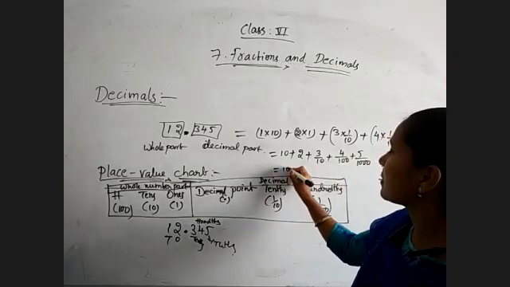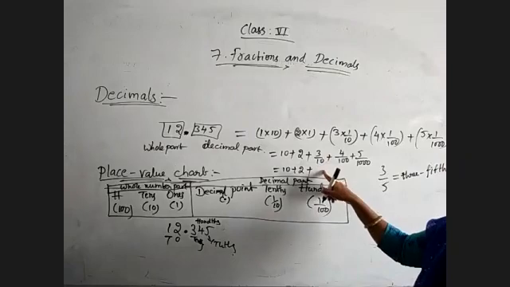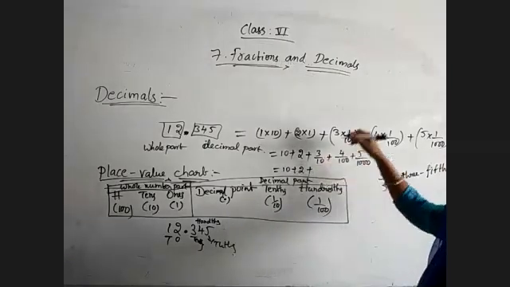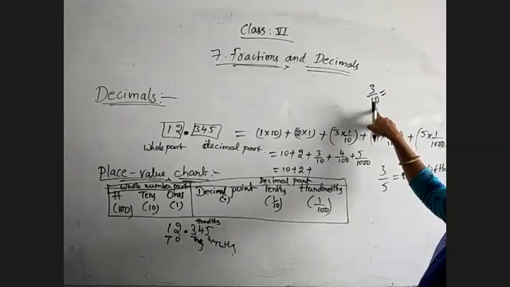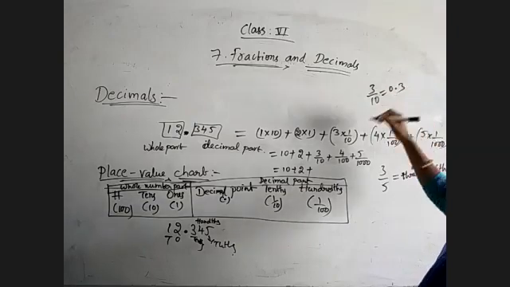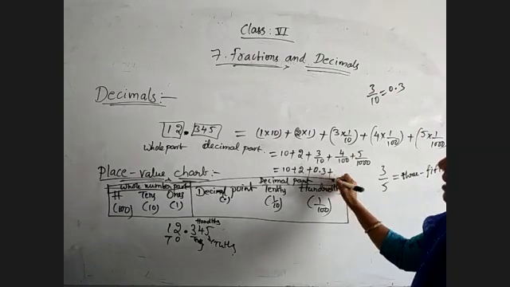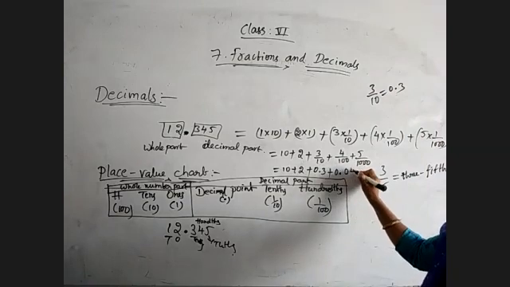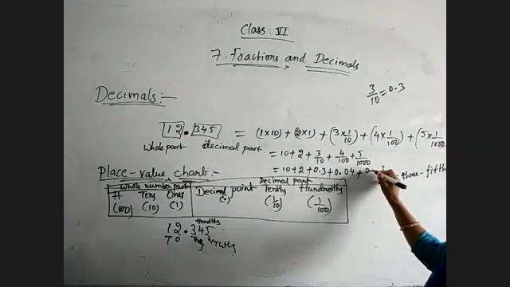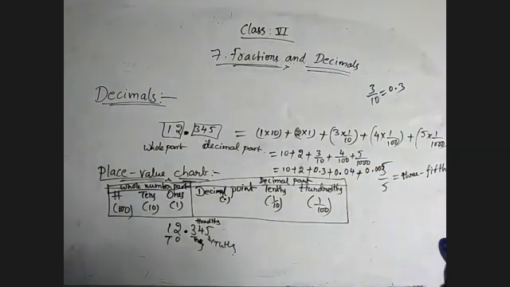The same thing we can represent by using decimals also. For these two we can't write decimals, but 3 by 10 is a decimal number. While translating a decimal fraction into a decimal number, according to the number of zeros we will write it. That is 0.3, only one zero is there. Here two zeros are there, so we get two decimal digits, 0.04. And 5 by 1000 is nothing but 0.005, three decimal digits, three zeros.